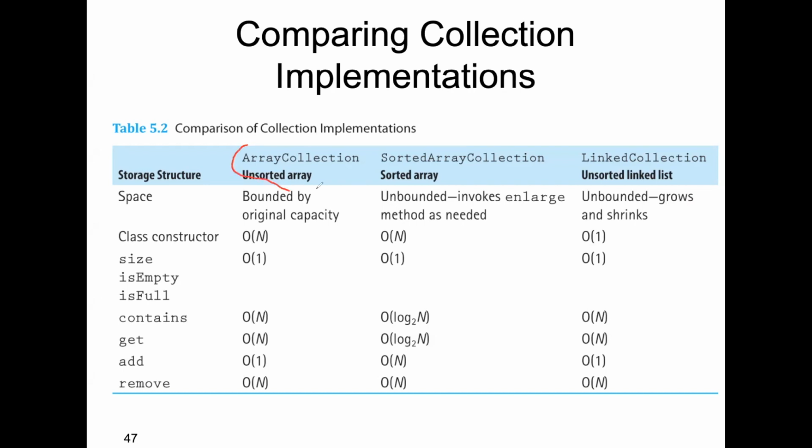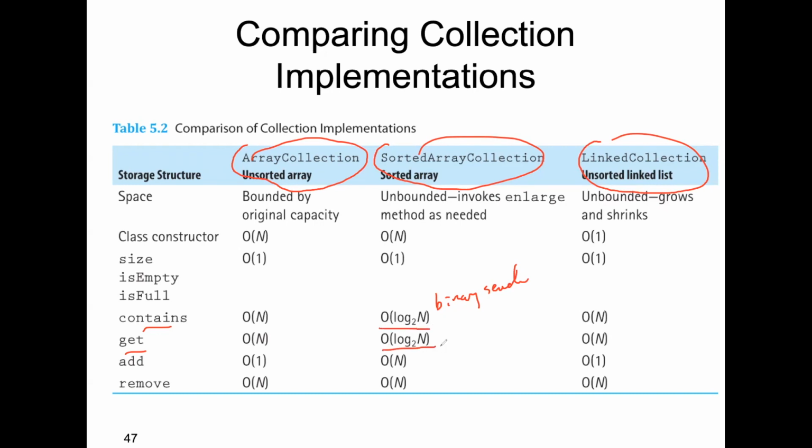We're looking at three different types of implementations. One is the array collection, one is the sorted array collection, and the other one is the linked base collection. For both contains and get, these are the transformers. With sorted array, we use what's called the binary search, which is very efficient in log n